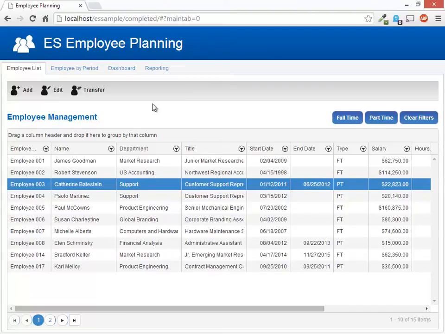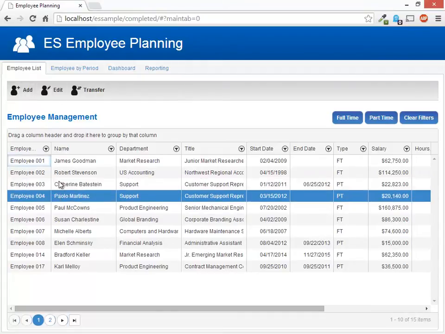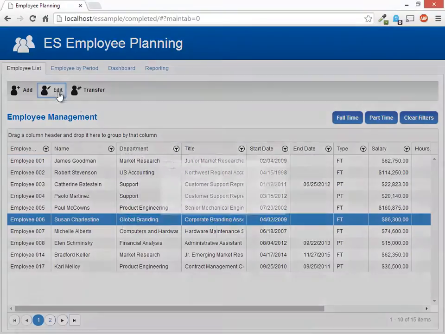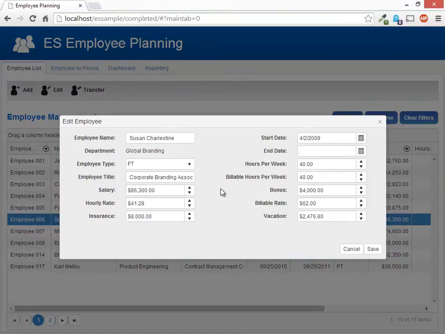And we'll show you how we connect that. So when you come into here, we have what we call a toolbar up here with several buttons. And when you click on the edit button, for example, it's context sensitive to the employee that you've selected. So when I click Susan Charlstein here and choose edit, it's context sensitive to the row that I selected within